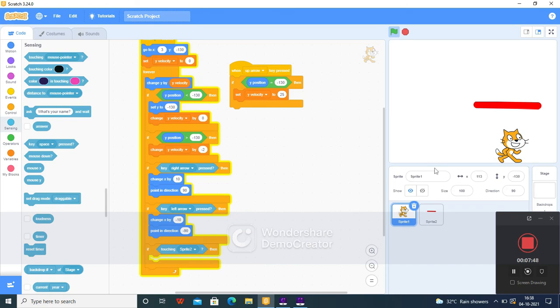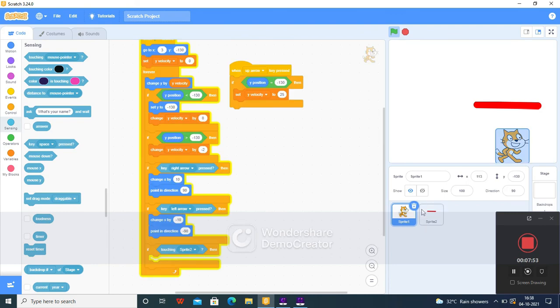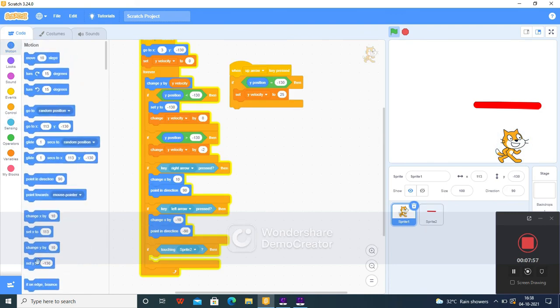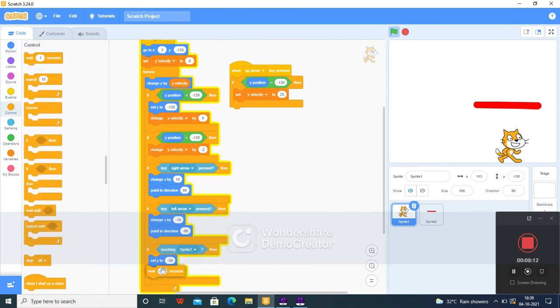Set y to -40. We are setting the y in such a way that it stands there for some time. You can just give -50, which will be fine. And however many seconds you want, you can directly give it using the wait block.